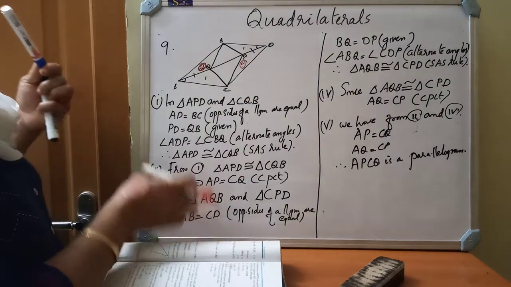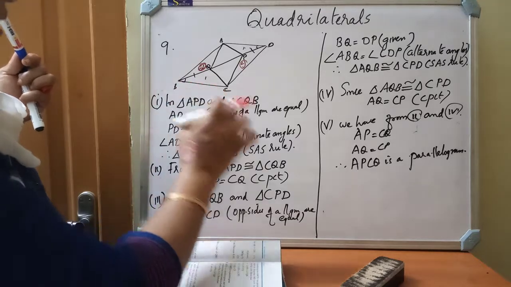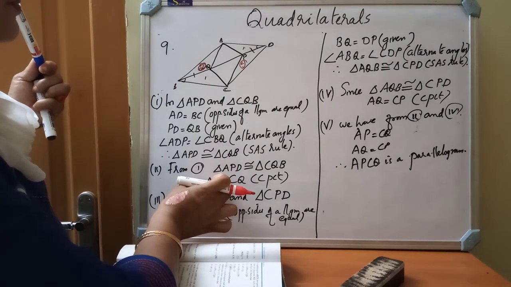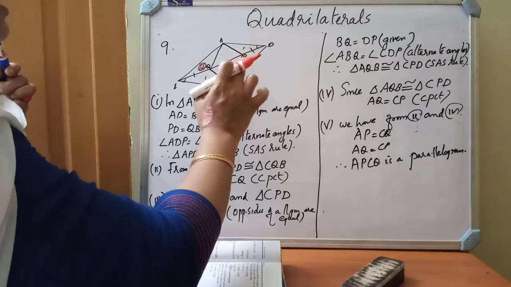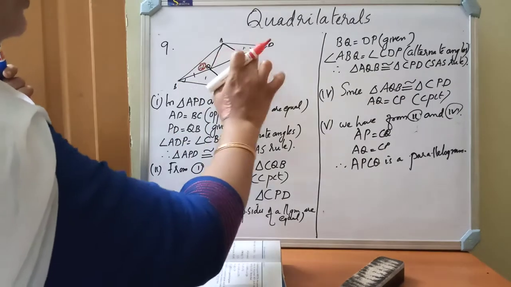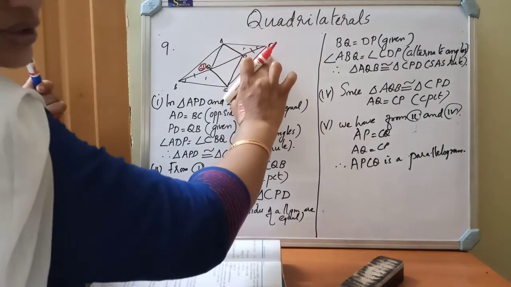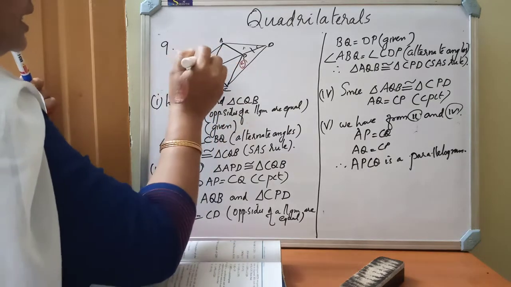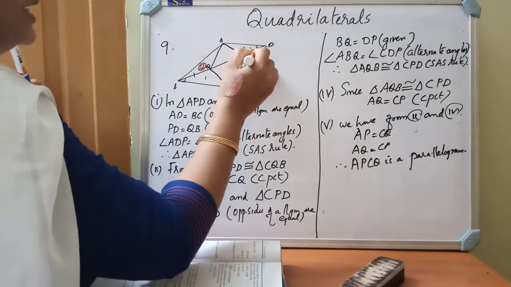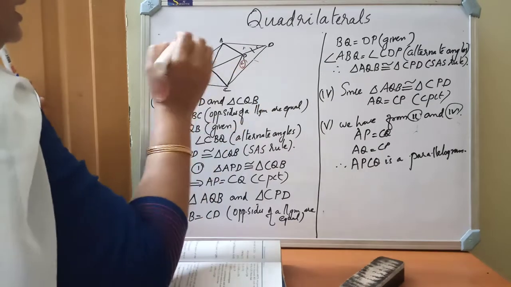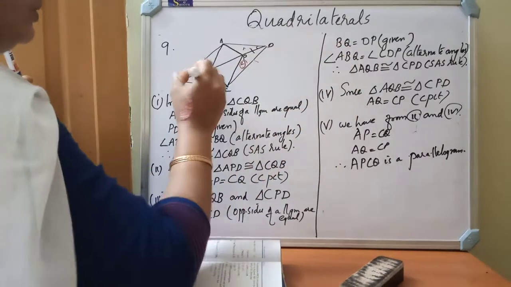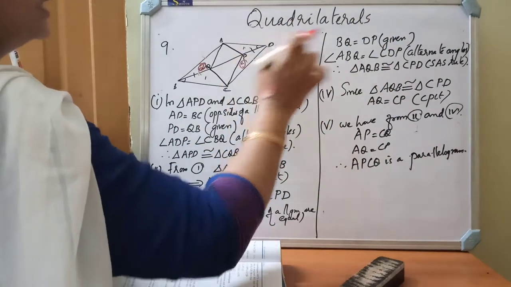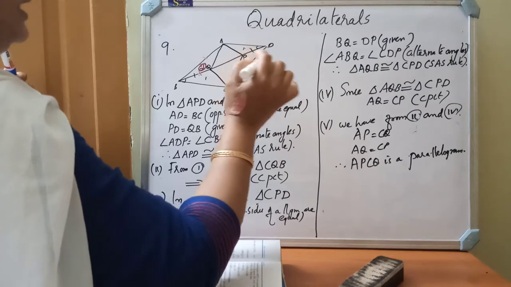Next you see, these are the two triangles. So AP equal to CQ we already got in the first part. And in the question data it is given that BQ equal to PD. Isn't it? The question also gives BQ equal to PD. So first side, this side and this side we got equal. Next we got BQ, this side BQ and the opposite side, this one as DP.